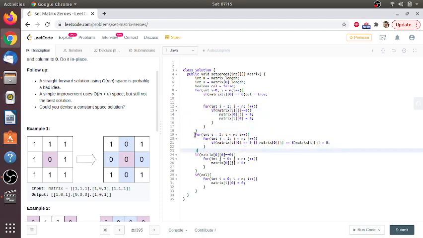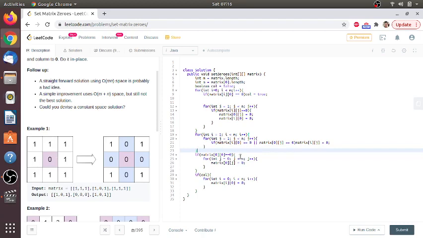And then the first part of the problem is setting the first row and first column, preparing the space for the next iterations. So we start from here. If I see 0 here, I will make it 0. If I see 0 here, either way, in both cases I am taking OR conditions.